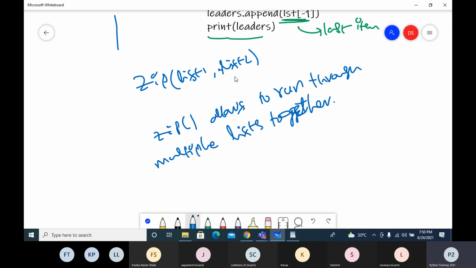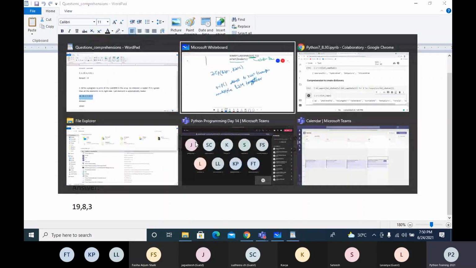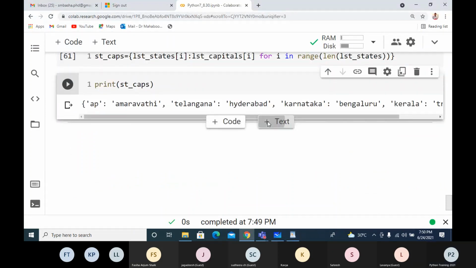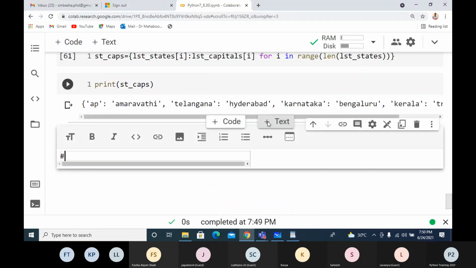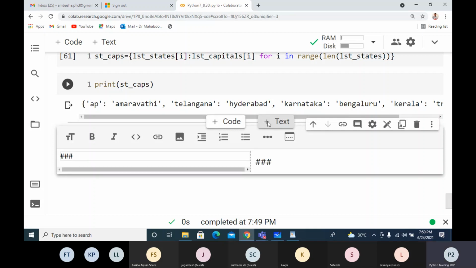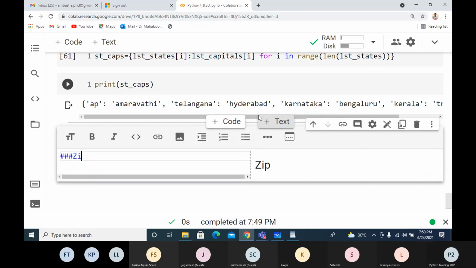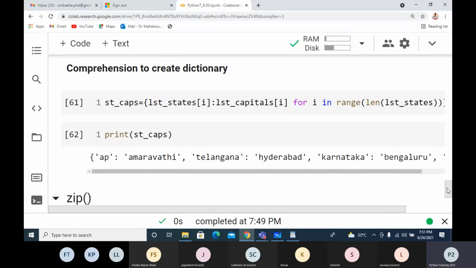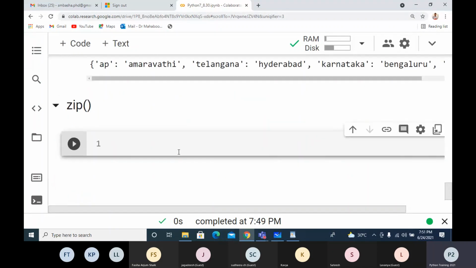So this is the zip function. You can use list one and list two. So first I'll take the simple logic here. Suppose I take the list of states and list of capitals.